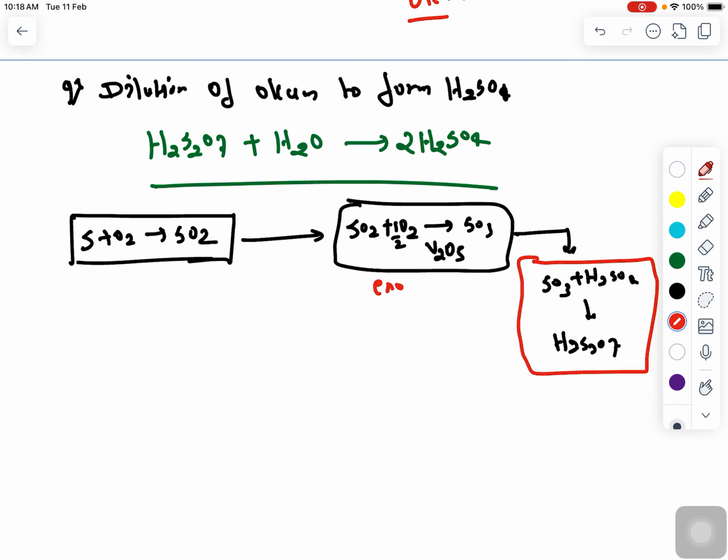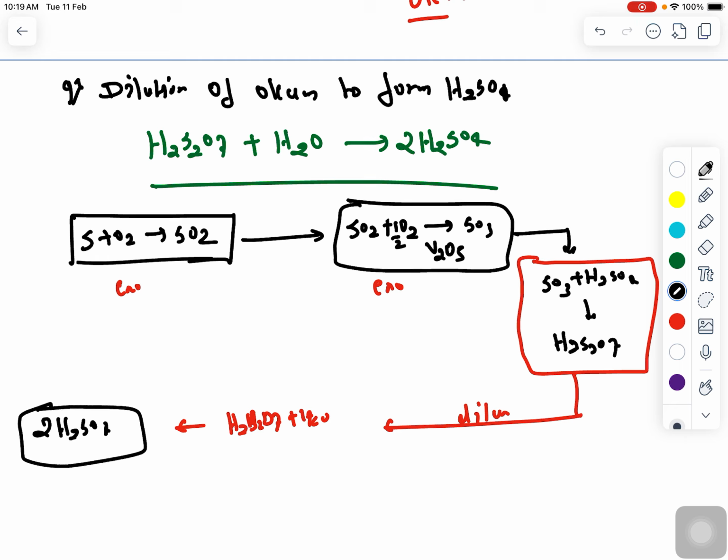So this is your exothermic reaction. And then it comes to the dilution step, where H2S2O7 reacts with a water molecule, it gets diluted, and it is going to form two molecules of H2SO4. So this is the overall picture of the contact process, where two oxidation reactions are happening,